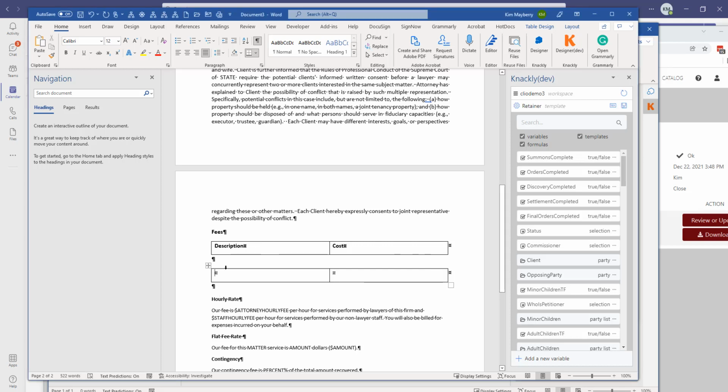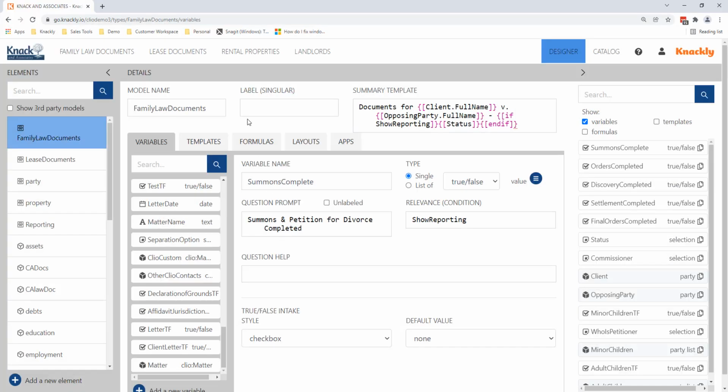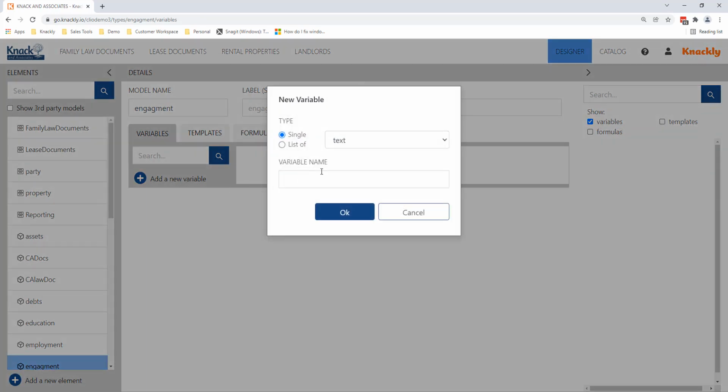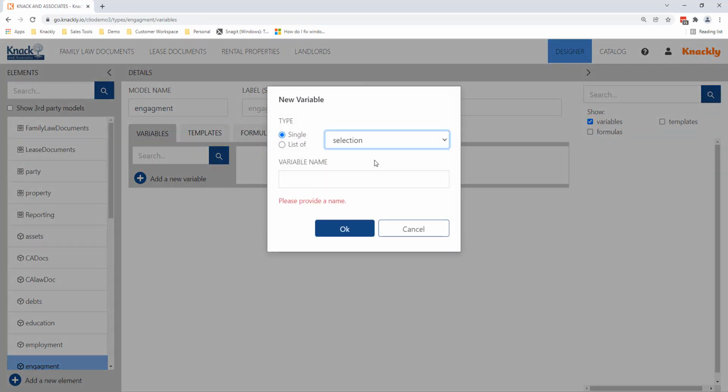So I've got my document here where I'm just going to start inserting the description and the cost. And the first step I'm going to take is go to my online designer. I'm going to add a new model, and I'm going to call it engagement, lowercase. And I'm going to add a selection. And because I want to be able to add multiple selections to this engagement, I'm going to create it as a list. And I'm just going to call it